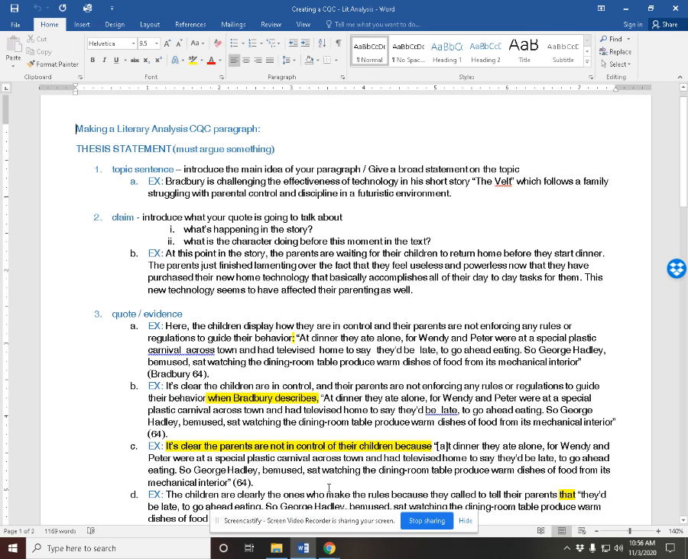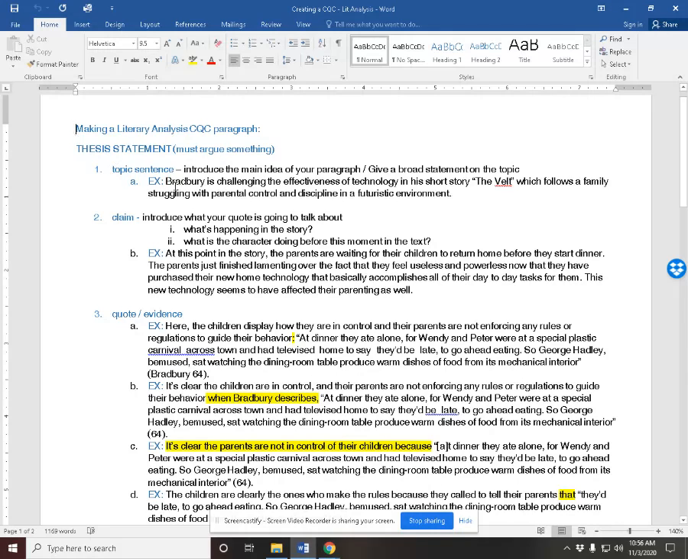I want to talk about how to make a literary CQC. It's a little bit different than how we do our nonfiction. So this will be posted in Classroom, plus you'll get a copy of this if you're an in-person student. It breaks it down just like the example I gave you guys for the nonfiction one, but this shows you